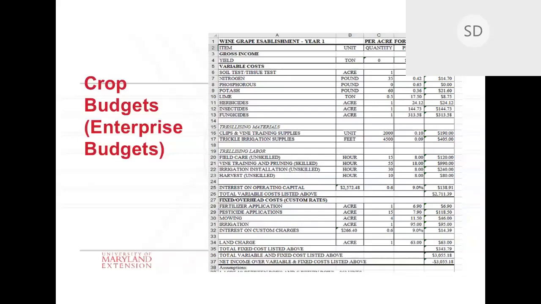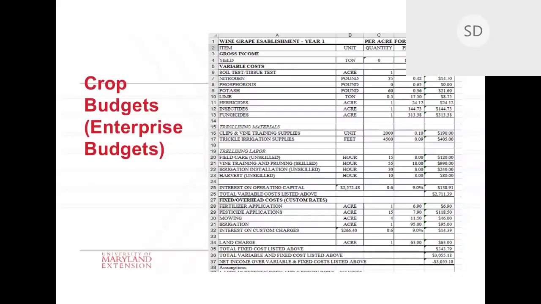This is a vineyard in year 1, so we don't have much of a yield yet. You can see what the variable costs are. Those are expenses related to that crop. And then we have our fixed and overhead costs. So those are costs that we have to pay whether we get a crop or we put a crop in or not. So that would be some of the building expenses, machinery expenses, the mortgage, those type of things. You would try to figure out, could you assign a value to that fixed cost to give to the vineyard for that year? Okay, so that per acre charge for that year.